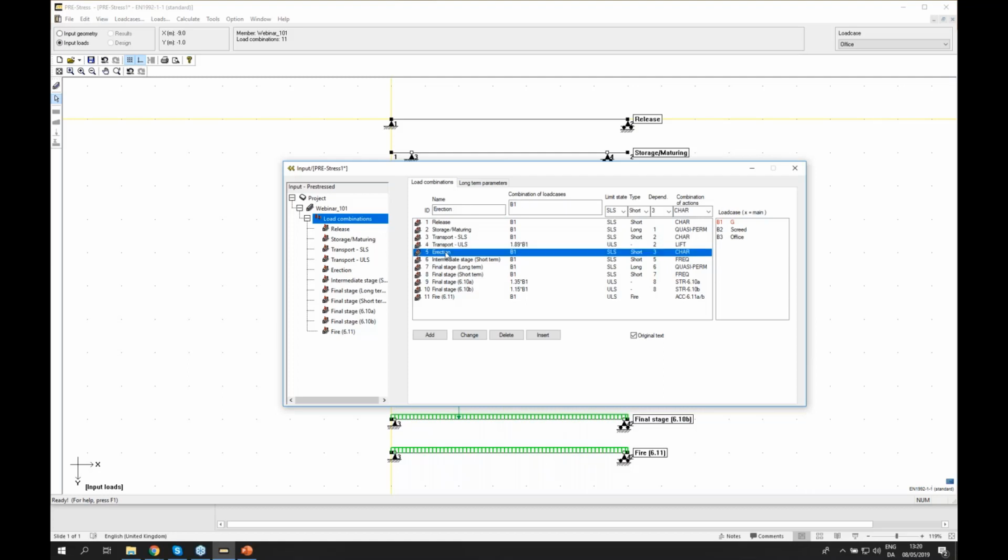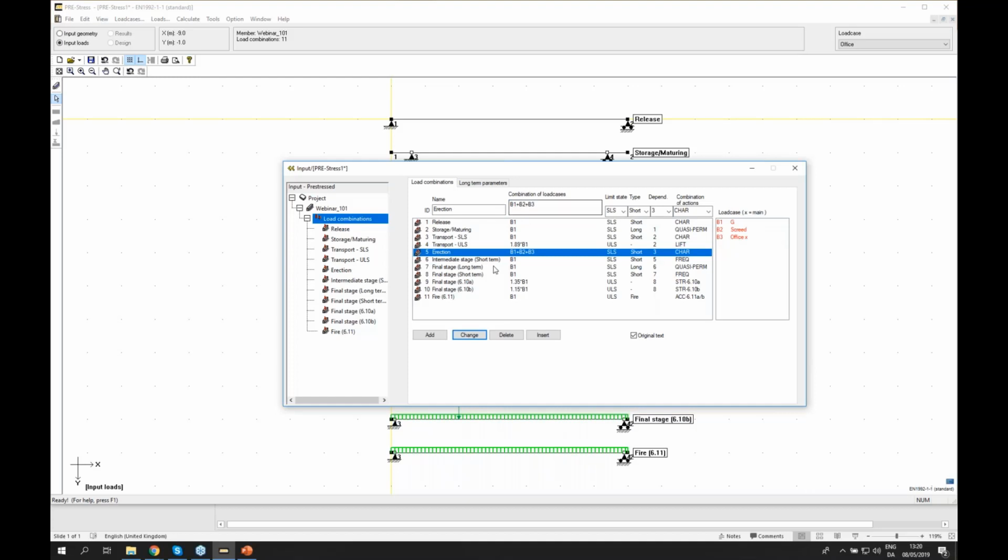What is new in pre-stress is the automatic generation of load combinations. So what this means is if I go to erection here, and then I just choose my loads,